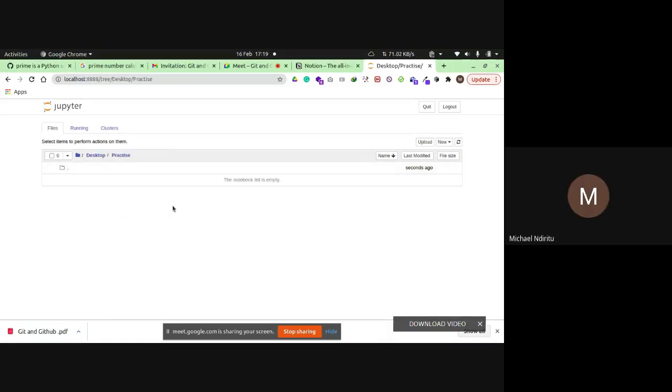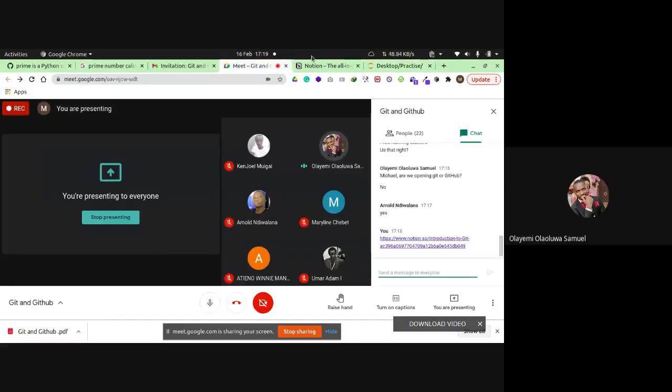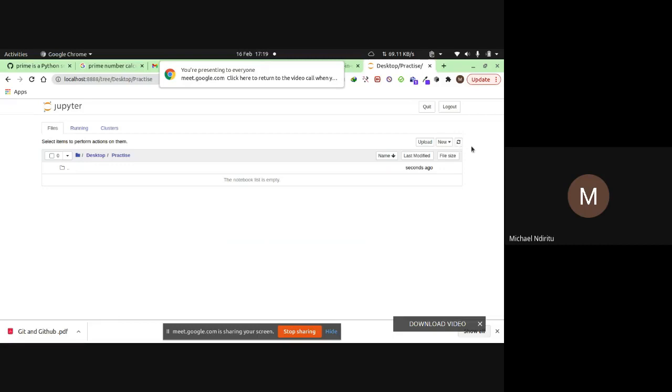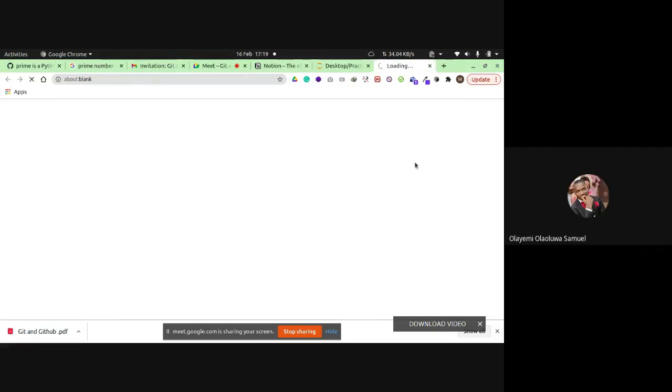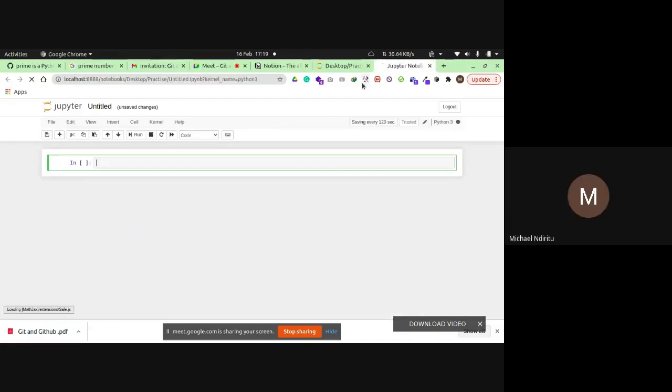If you're inside the folder, just go to the new button and choose Python 3. Have you already created the folder? Yes, I've created the folder and it's on desktop.